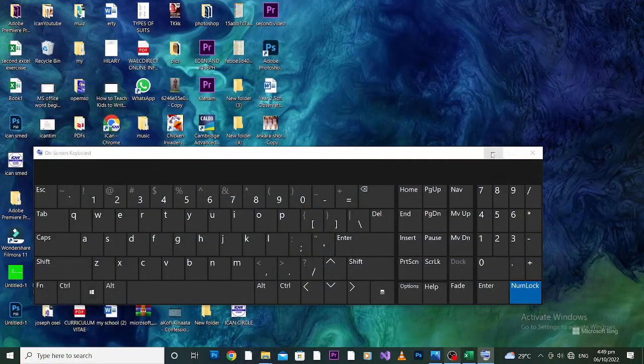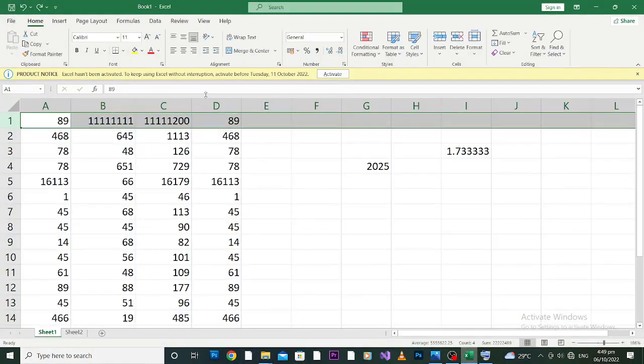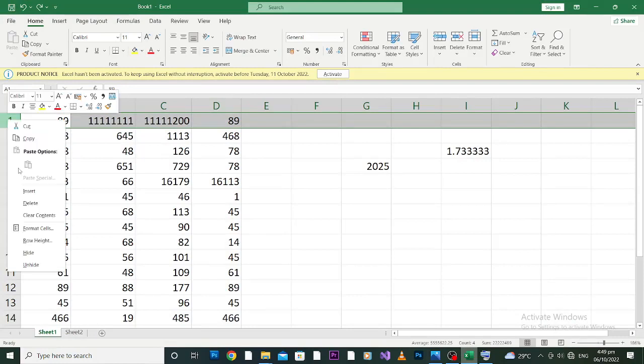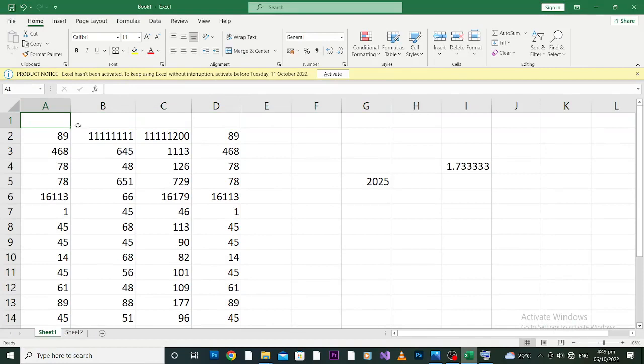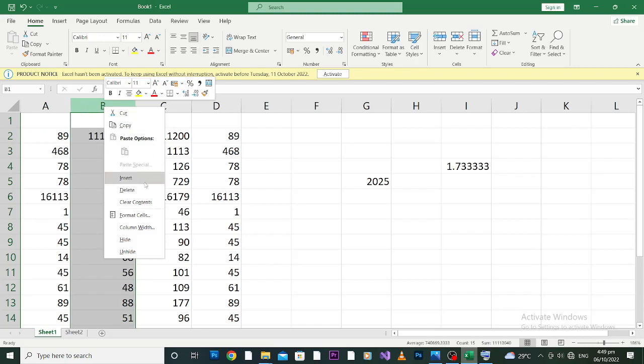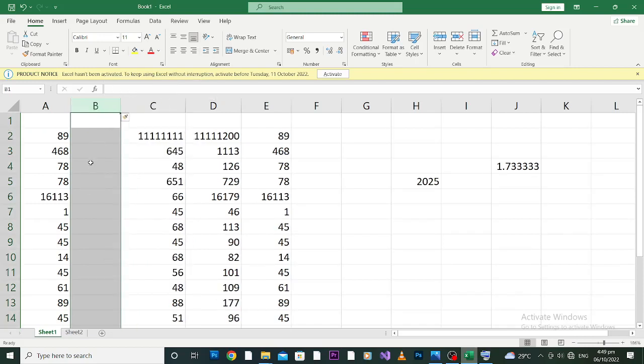Right click, then go to insert. So we have inserted a new row. The same thing, if you want to do insert on the column, you right click on the alphabet or the number, then you go to insert and it will give you a new